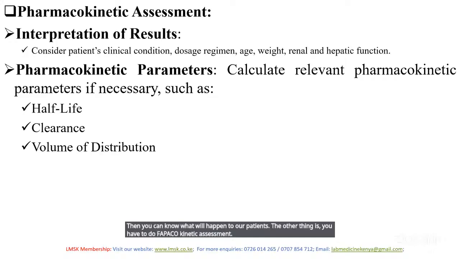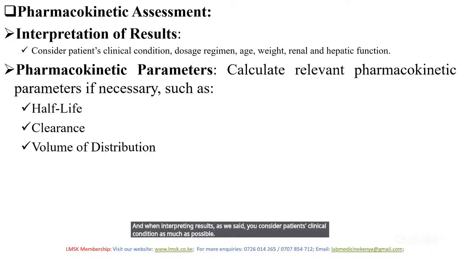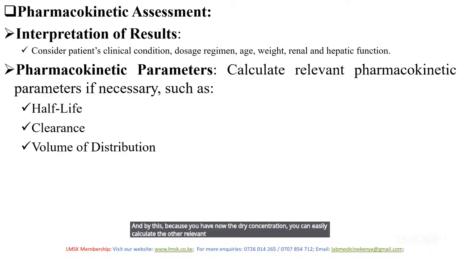And one of the things that you'll be doing when you are doing pharmacokinetic assessment is interpretation of results. And when interpreting results, as we said, you consider the patient's clinical condition as much as possible: dosage regimen, the age of the patient, the weight, and hepatic function. The other thing you look for is pharmacokinetic parameters. Because you now have the drug concentration, you can easily calculate the other relevant pharmacokinetic parameters, which